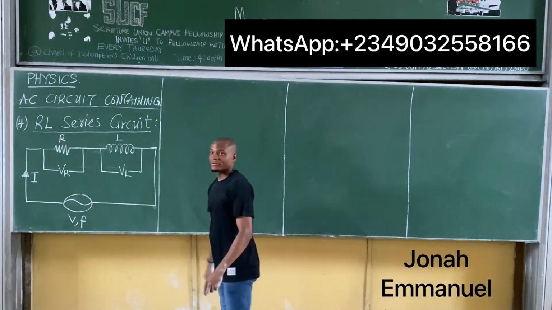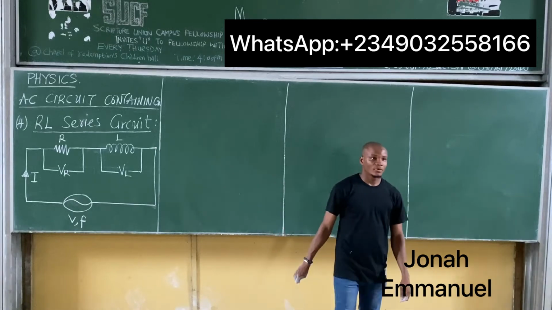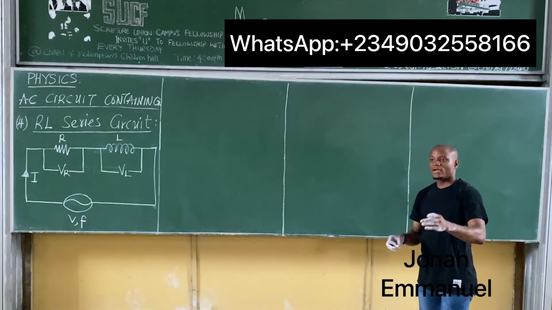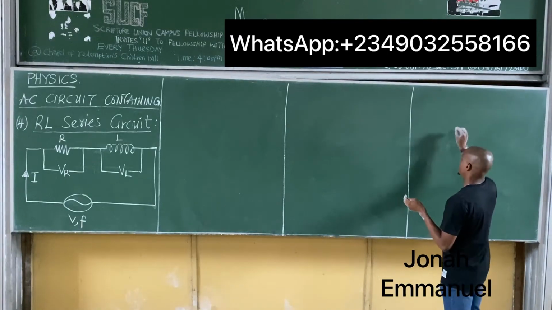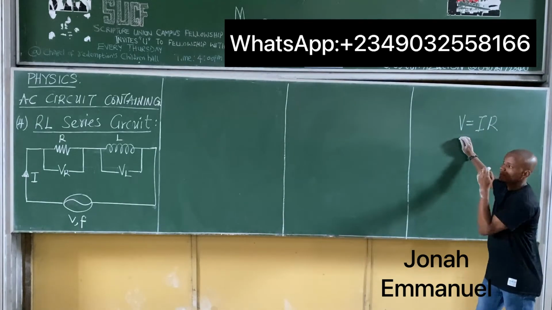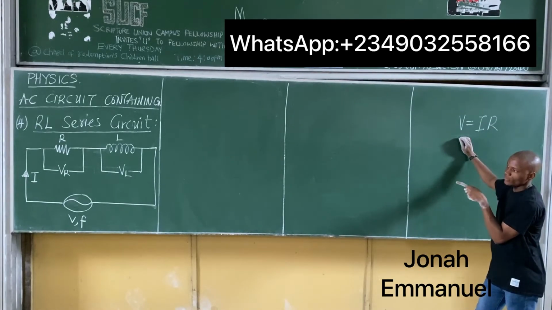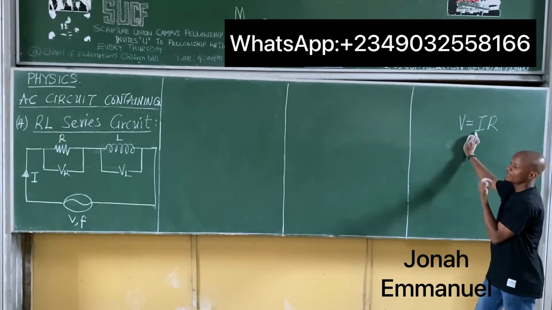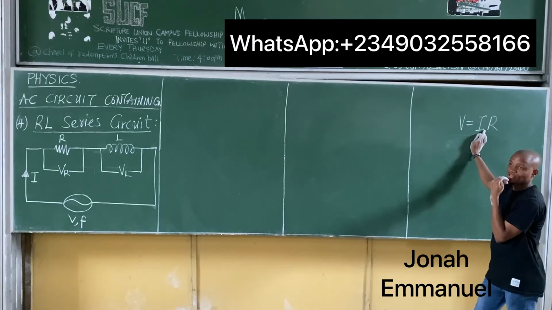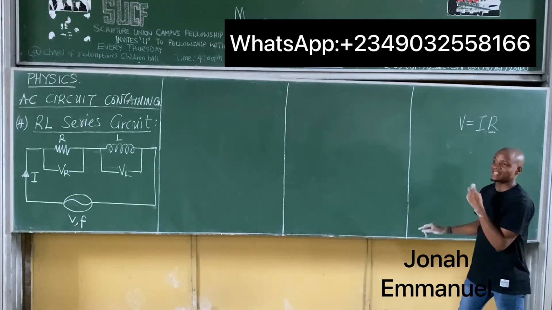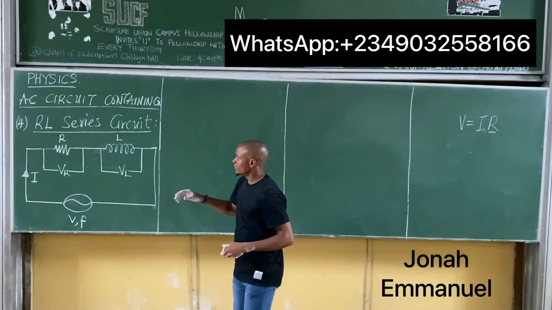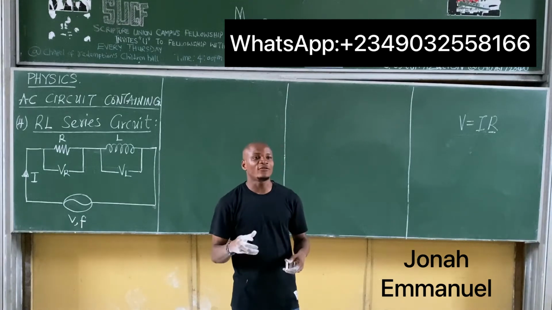What else is this? Current. So we have this. Alright, so look up. As usual, from Ohm's law we said V is equal to IR. We know this. That means the voltage through this circuit is equal to I, normal current. But we know that we can't use R in this case. So hence, in terms of RL, what's the resistance called? Take that please. The opposition to the flow of current,